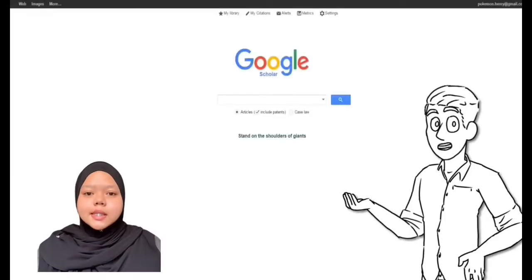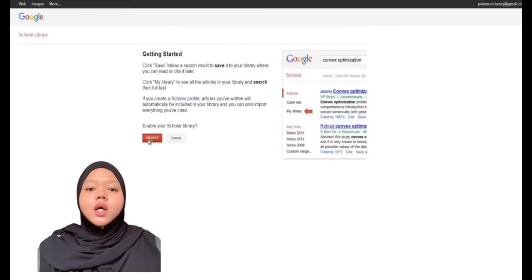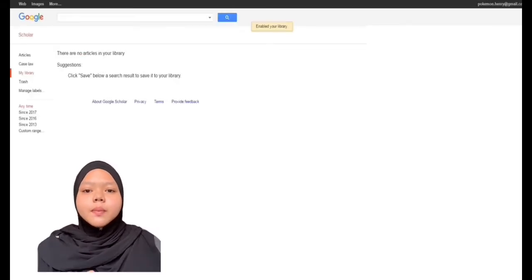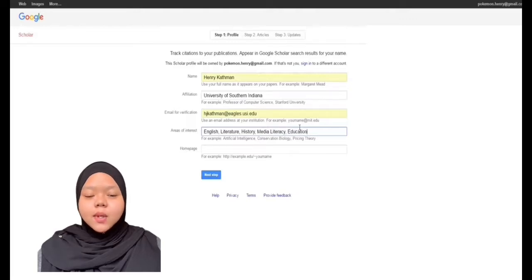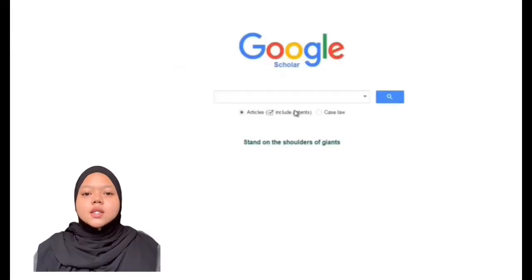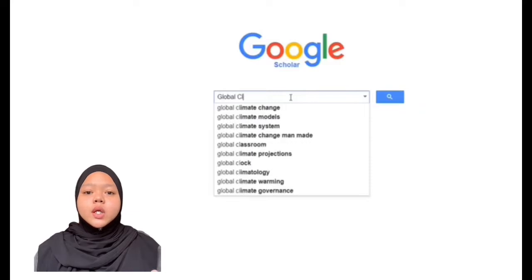Okay, this is Google Scholar. Okay students, in order to use Google Scholar, you first have to sign up with a Google account. It will ask you for some information about yourself, including your school or work email, to verify your identity, or unofficial websites that you are associated with, and any specific academic areas of interest. Once your account is set up, you'll be able to search any subjects as you normally do with a regular